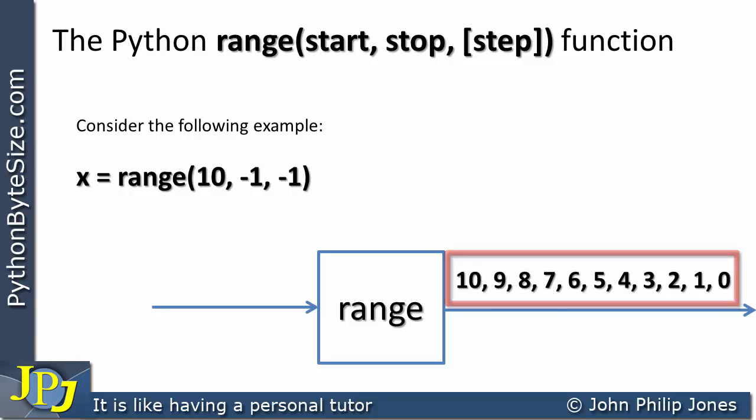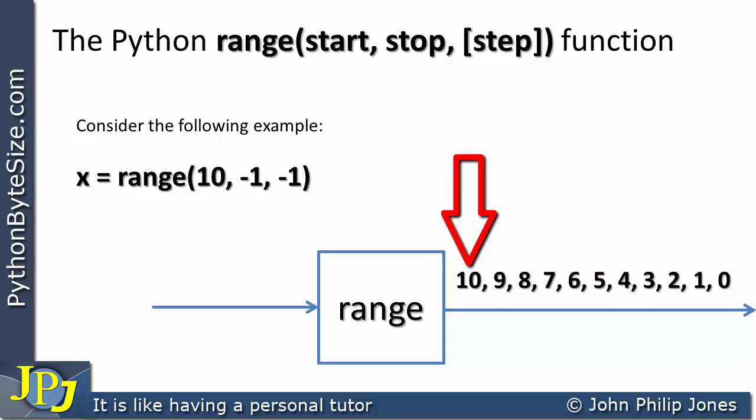Now the reason we have a 10 coming out here is because this is the start value, and then we can see we go from 10 to 9 to 8 to 7. In other words, we're going down in steps of 1. Now why is that the case? Well, this here is -1, that's the step. So when you're at 10 and you subtract 1, then obviously you end up at 9. Then you subtract 1 from 9 and you obviously have 8, and so on,